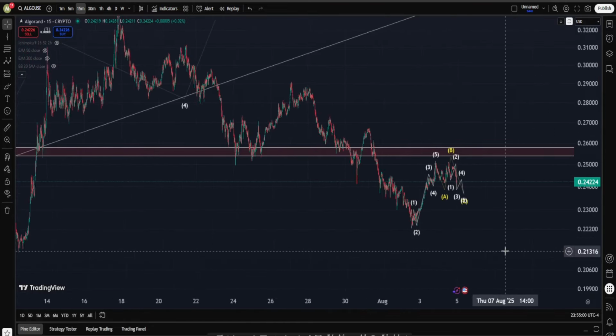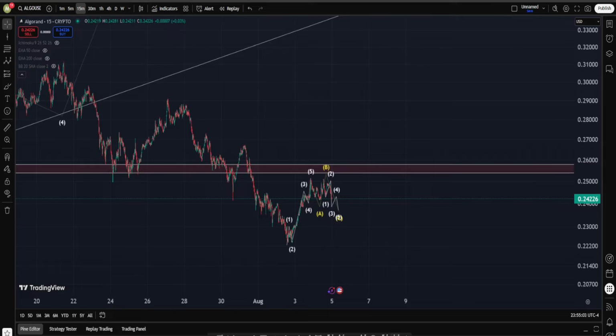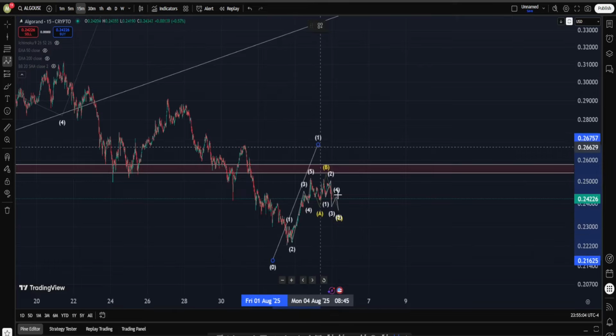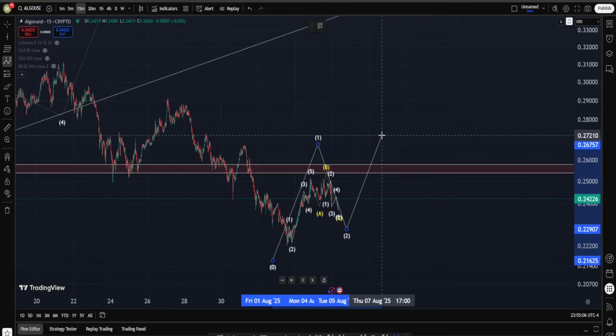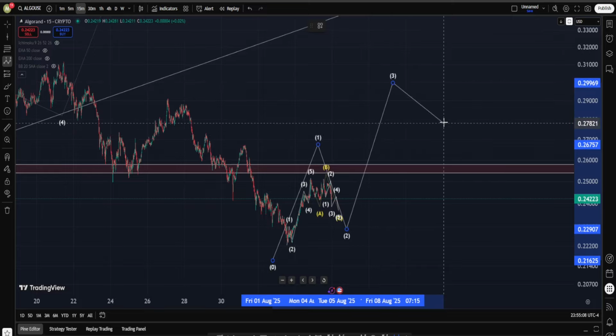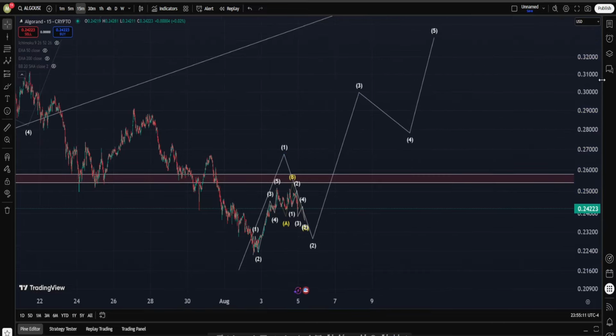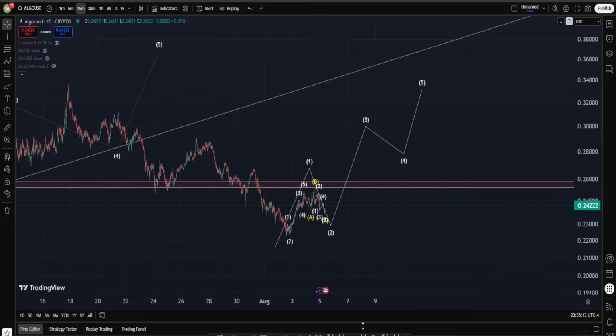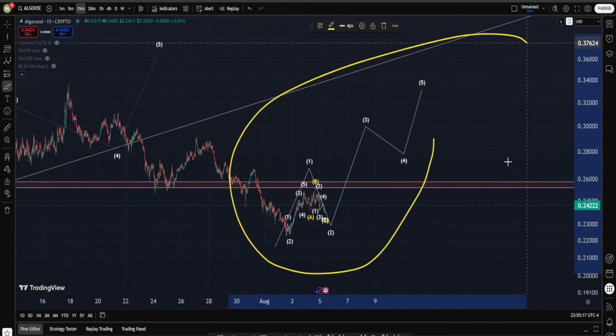In my view, this can be, focus on the word, this can be a wave 1, correction for 2, and what's next if this count is playing out, big move up into wave 3, 4, 5. And this is the key, pay attention. I think we need to right now wait a little bit until we see a complete 5 wave on the